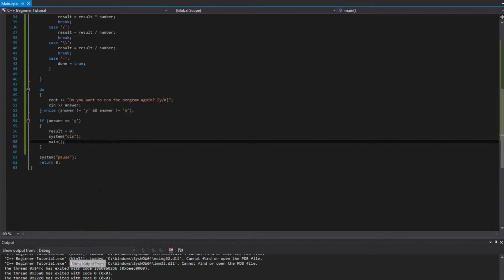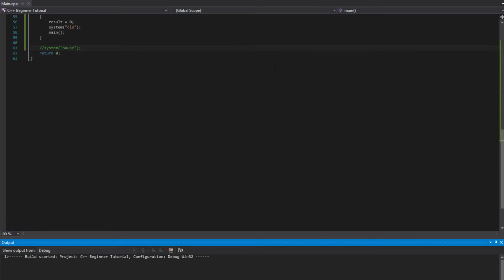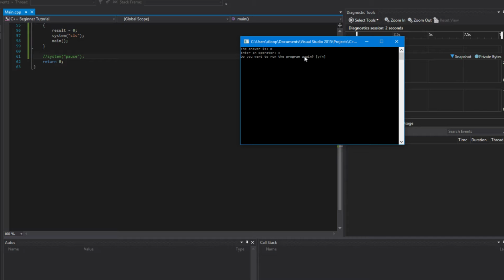And the reason for this is that it doesn't continue onto this line until this function has finished. So what we need to do is delete this line of code. And actually I would like to just comment it out, that way I can use it in the future if I need to, right? So I can comment out that line of code it's no longer using, and if I were to run this program for the last time here, and I just hit equal,